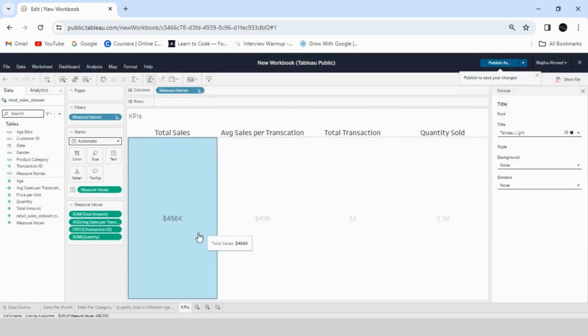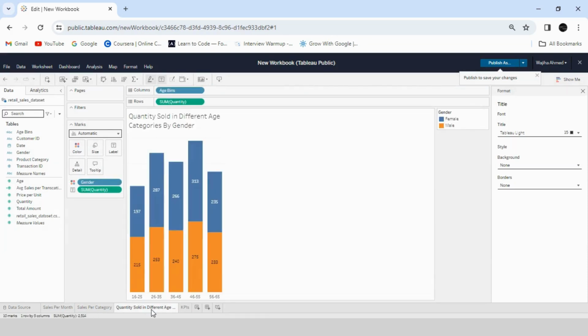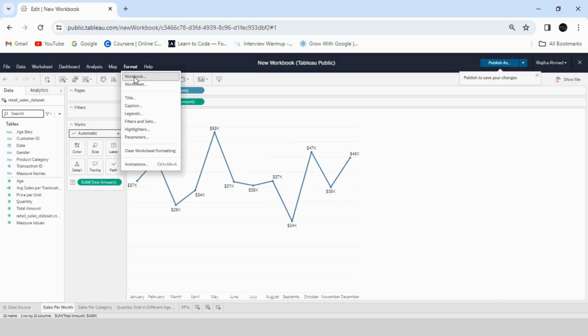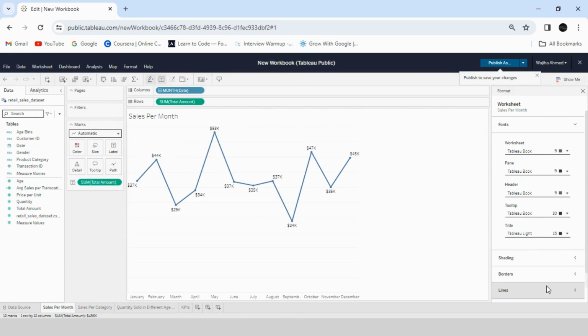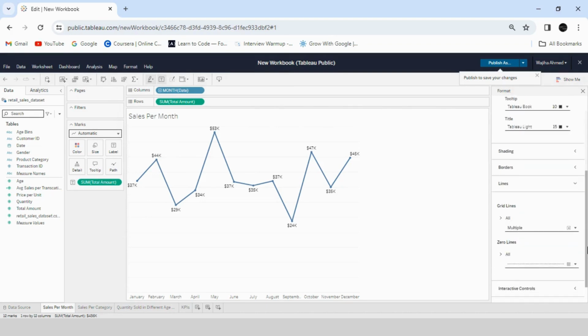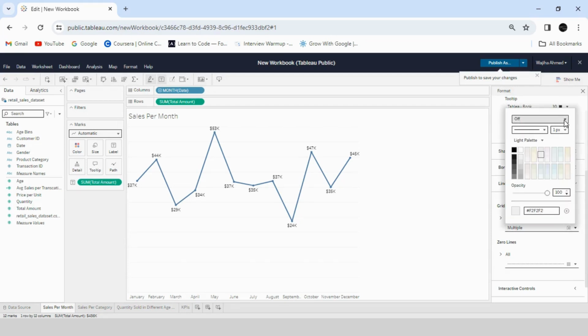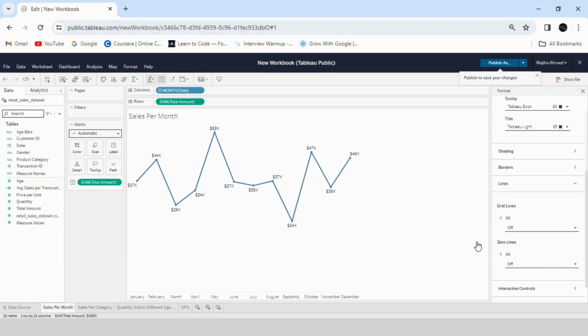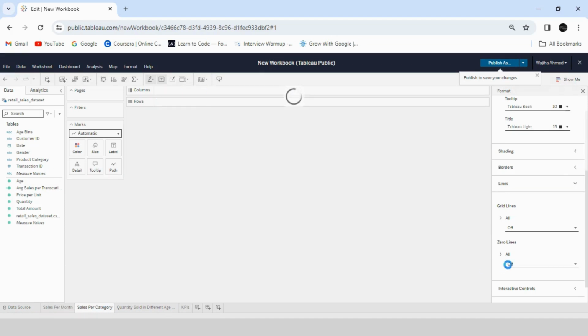Now it's time to create the customization of our visualization. So for this, I click on the sales per month, and in the format menu above, I choose format my worksheet, and I go into my lines and I remove this grid line, making it off instead of on. So now what you can see, the grid line that is behind our visualization of this line chart is off. And I do the same process to my other two visualizations of sales per category